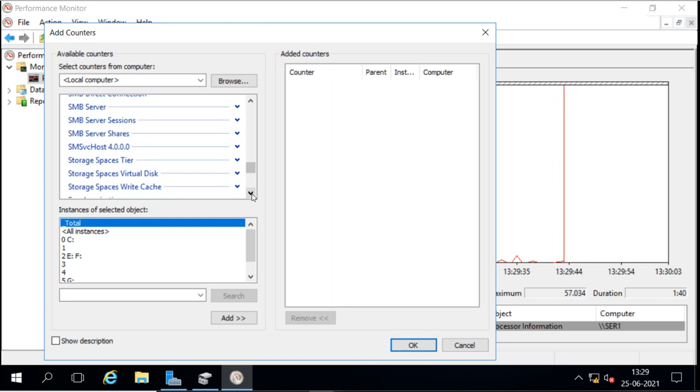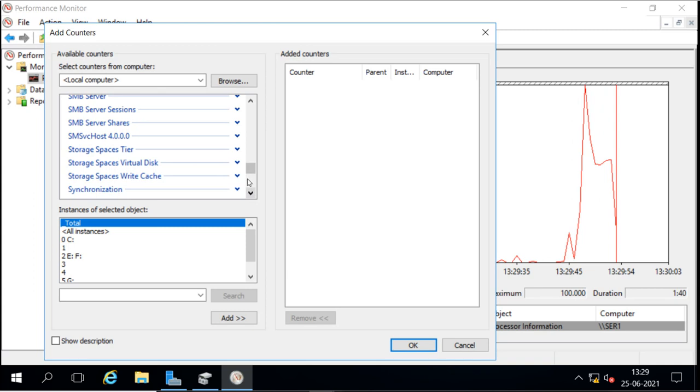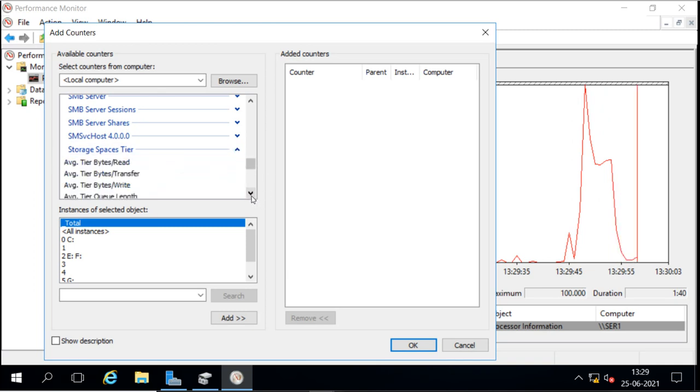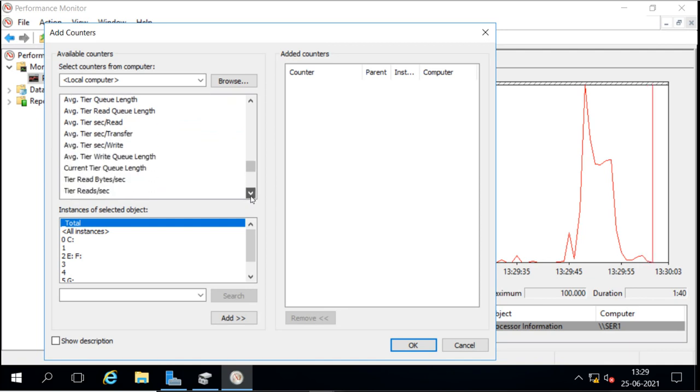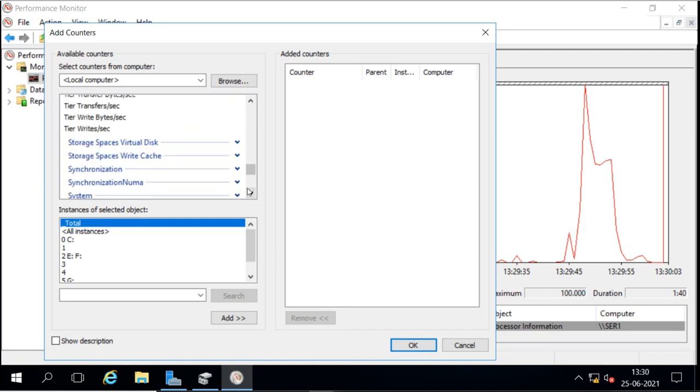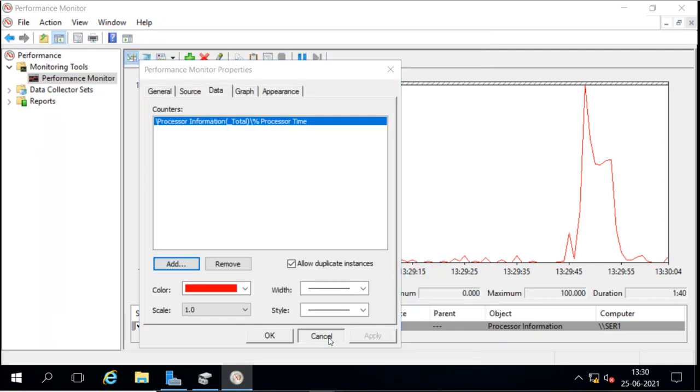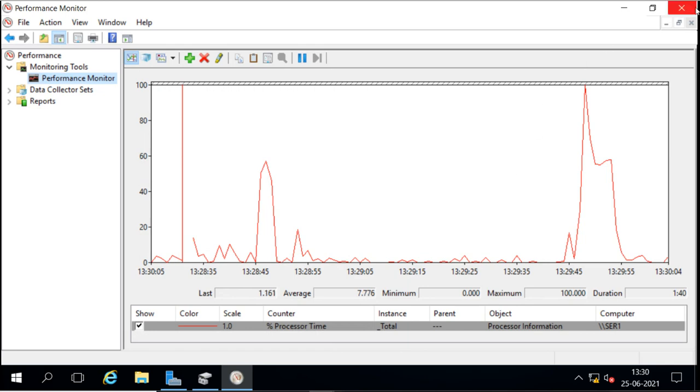Then we have storage spaces counters here: for storage spaces tiers, for storage spaces virtual disk, for write cache. So we can add these counters here, and then we can monitor the performance and the load we are getting on these virtual disks, and then we can decide what to do and what not to do.